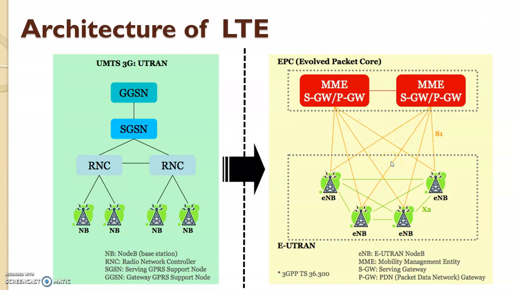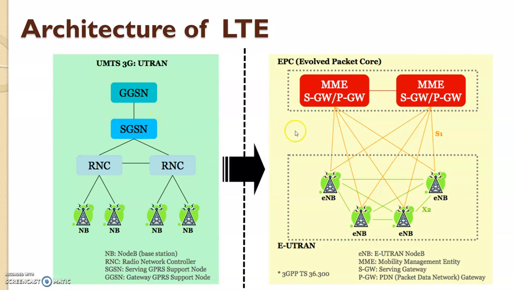The Packet Data Network (PDN) gateway (PGW) communicates with the outside world Packet Data Network (PDN) using the SGi interface as shown in the previous diagram. Each packet data network is identified by an access point name (APN). The PDN gateway has the same role as the gateway GPRS support node, that is GGSN, and the serving GPRS support node, SGSN, as shown in this diagram, with UMTS and GSM.